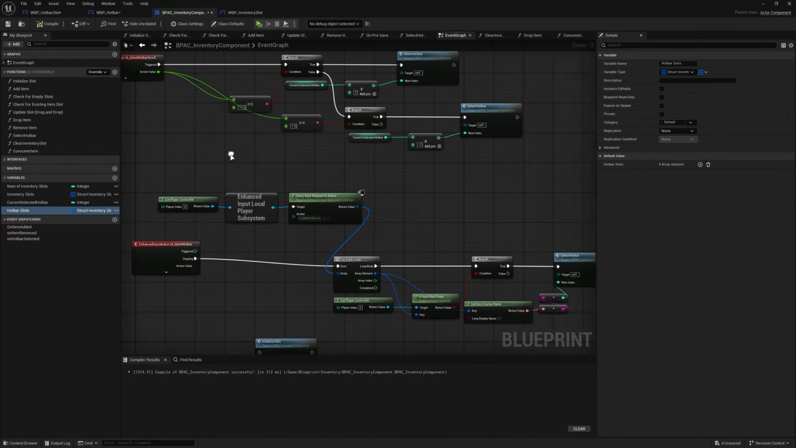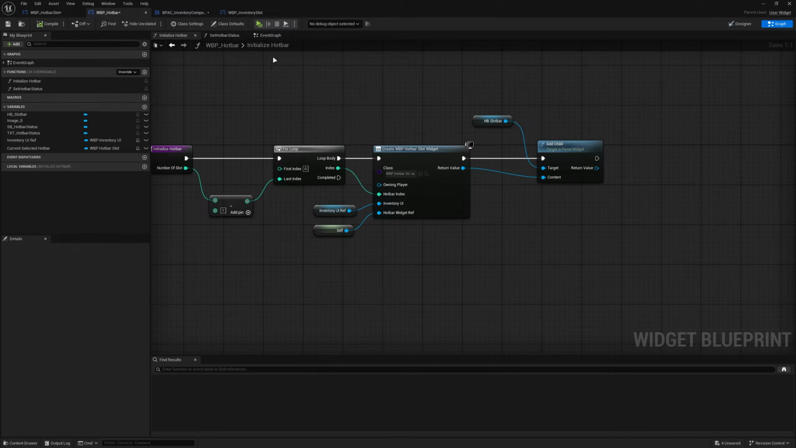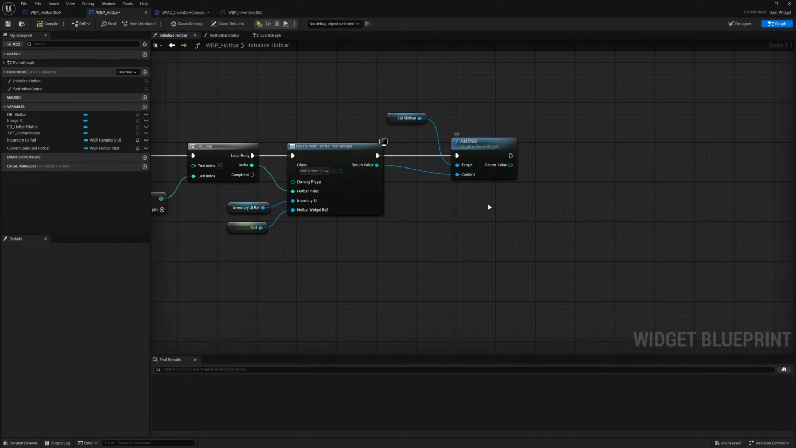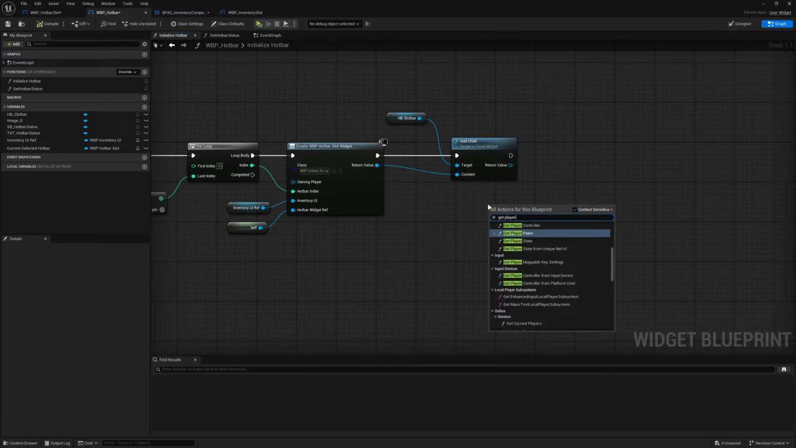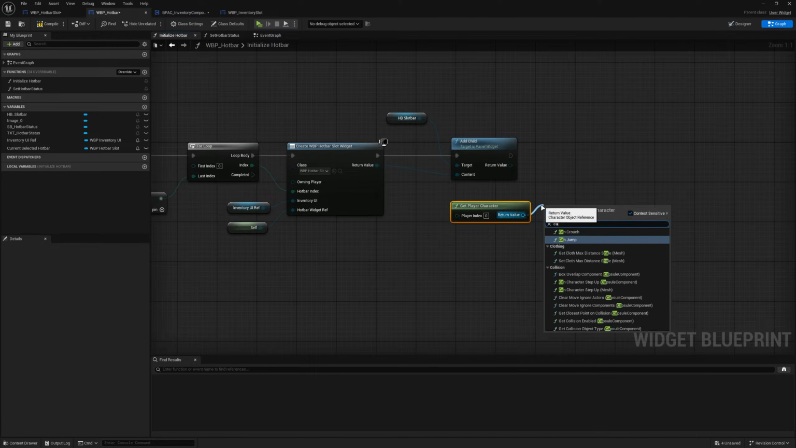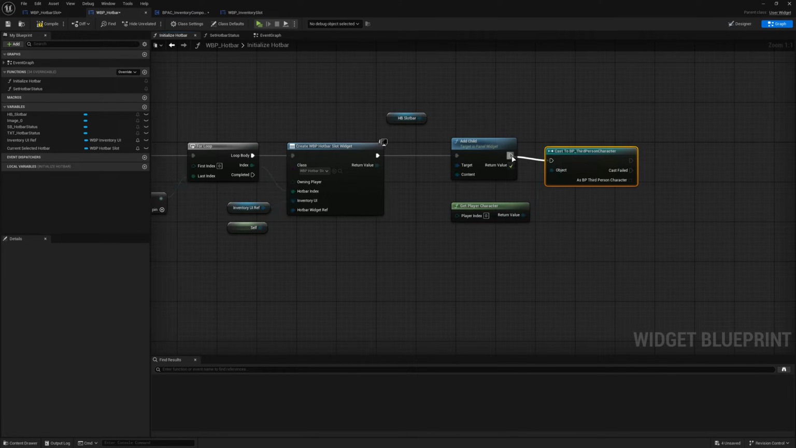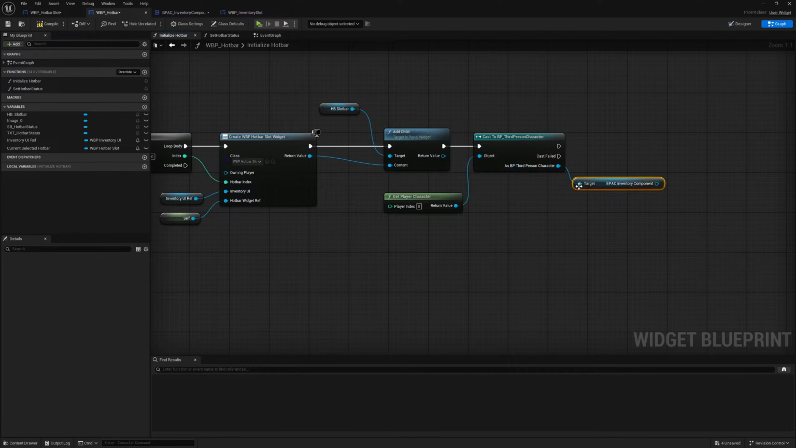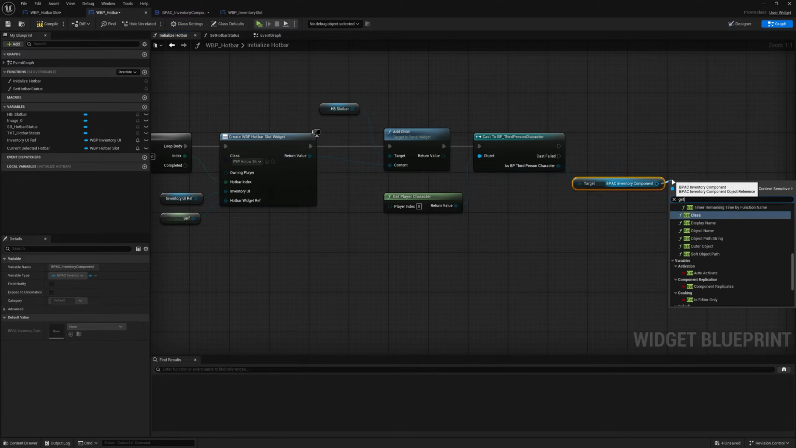Okay, cool. And then let's go back to the Hotbar widget. Go to the initialize Hotbar function. From here, we're just gonna have to get the BPAC inventory component reference. So we're gonna get the player character and cast this to the BP third person character. Plug in there. And then from here, get the BPAC inventory component. We get the Hotbar slots